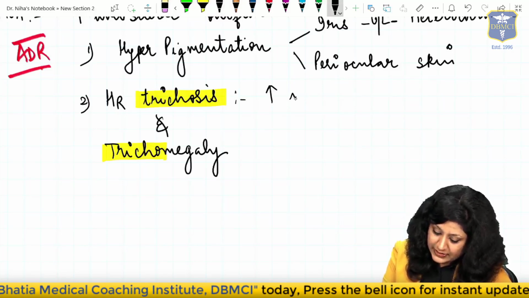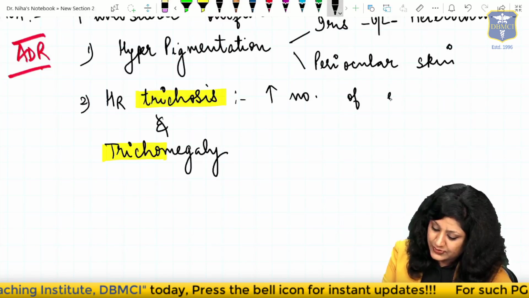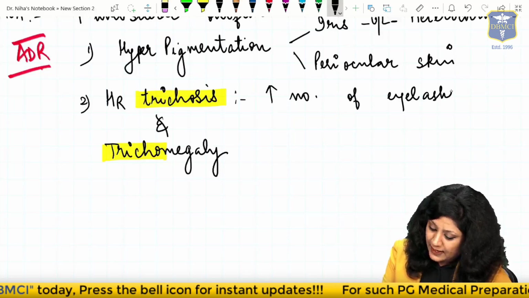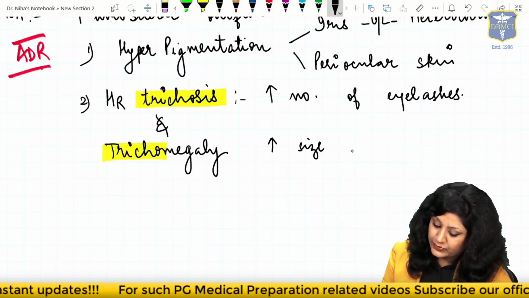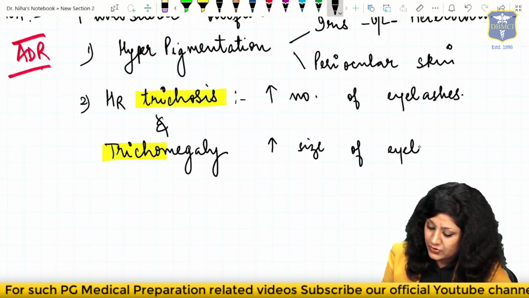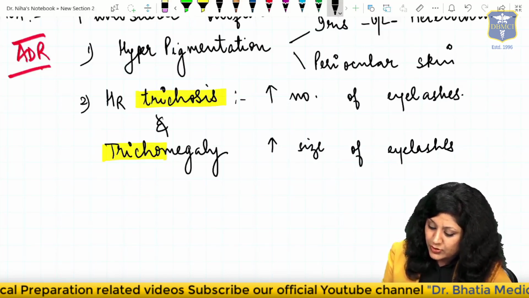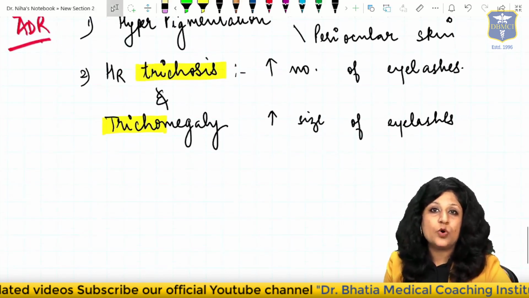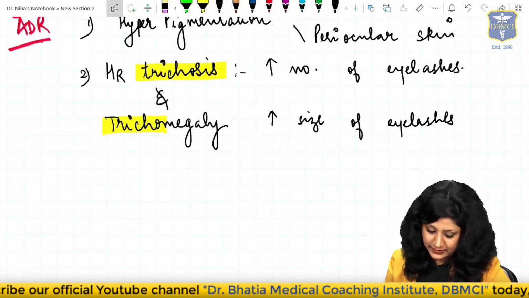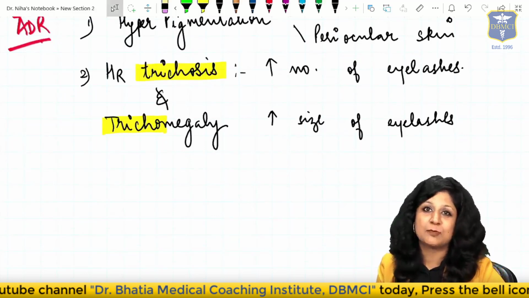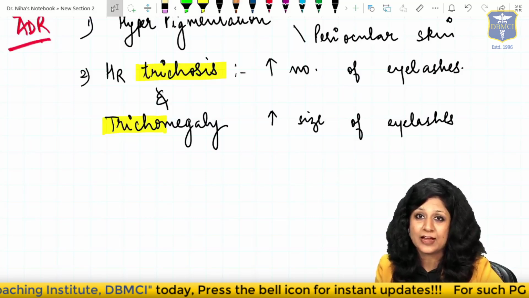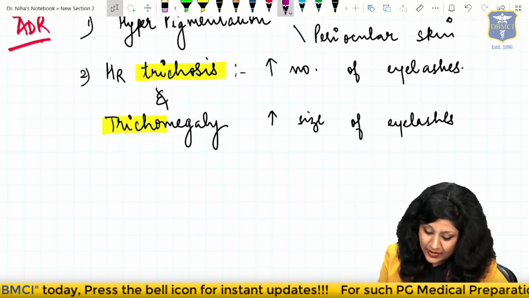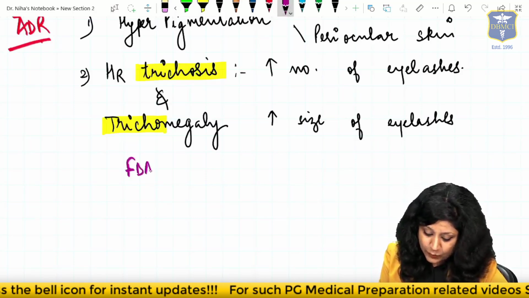Hypertrichosis means an increase in the number of the eyelashes, right? And megaly means an increase in the size of the eyelashes. So we have the elongation of the eyelashes. So it is causing both, and though it is actually a side effect, it may not appear as a side effect to some of us because we all want the elongation of the eyelashes and more number of eyelashes, and that is why now FDA has approved